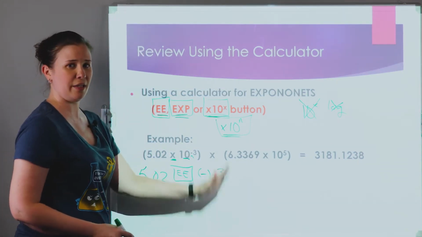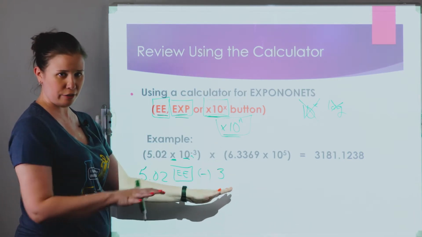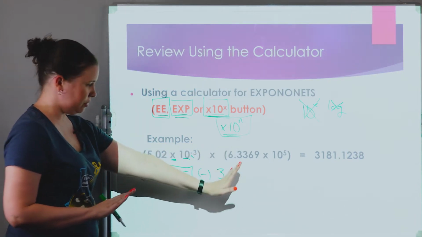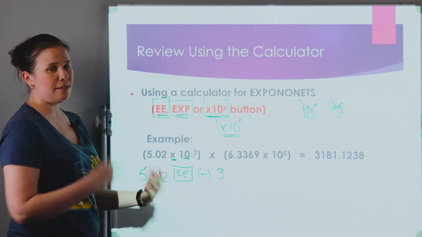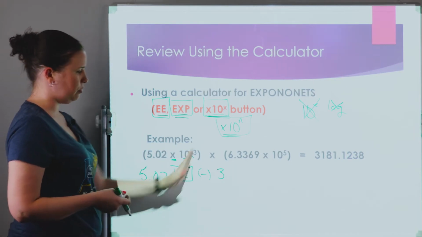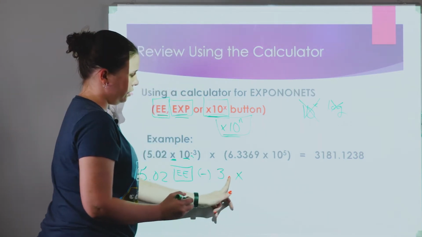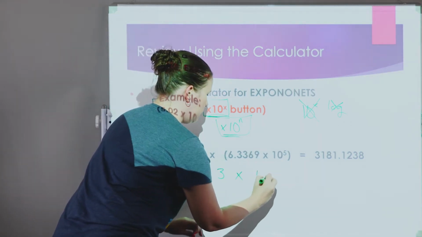I have a habit of hitting enter way more often than I really need to, just because I have huge calculator trust issues with order of operations. So I would hit enter here, my 2 cents. But if you're using the correct scientific notation key, it does tend to help with order of operations, so you may not need to. Anyway, enter or not, and then hit your multiplication sign. Now we're going to type in our next number,